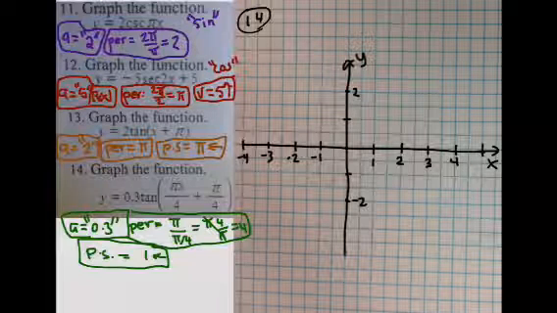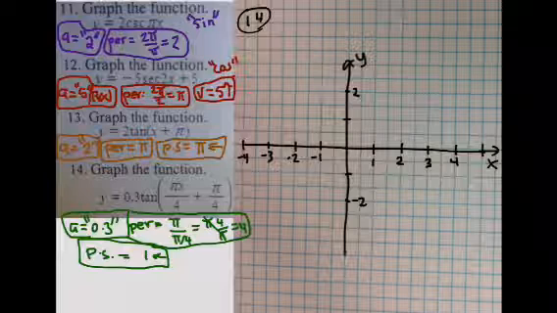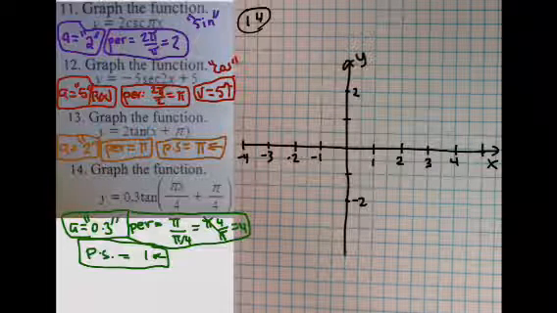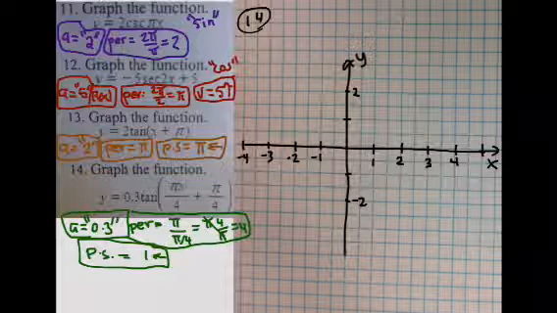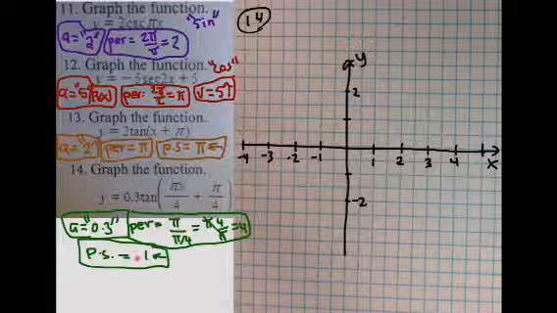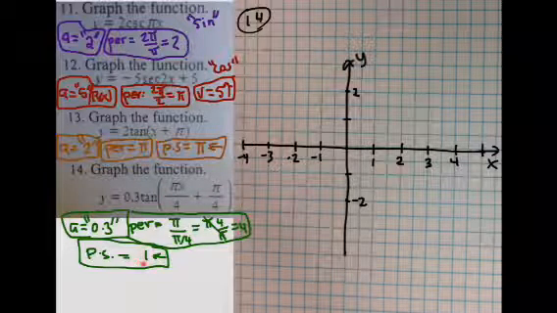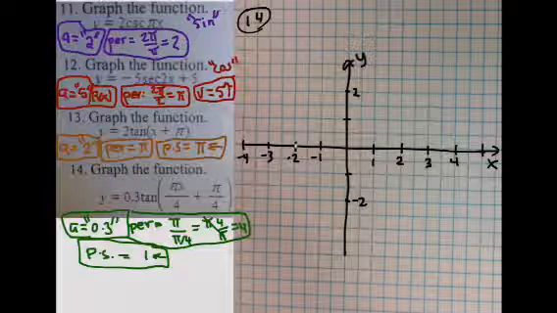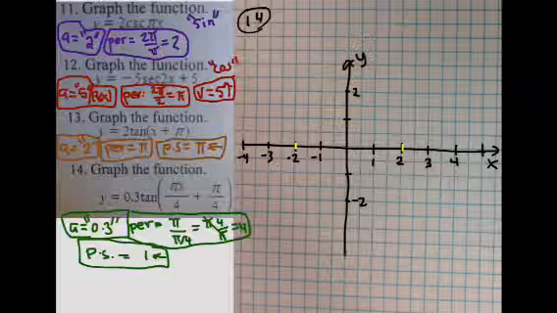Okay, for 14, I keep wanting to say 15. For 14, another tangent graph. The A value is 0.3. The period is pi over pi over 4, which becomes 4. And phase shift, when you set the argument equal to 0 and solve for x, you get negative 1, so 1 to the left. Okay, so normally the asymptotes would go here at negative 2 and at positive 2,